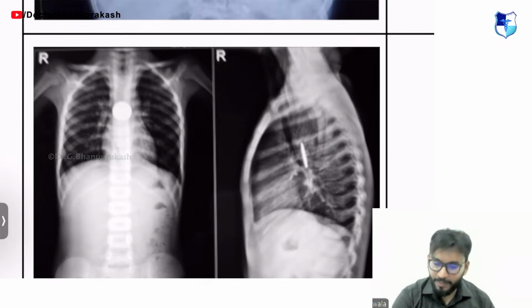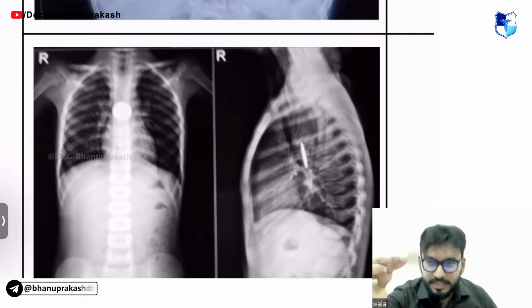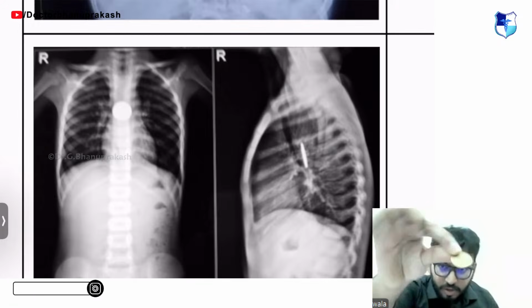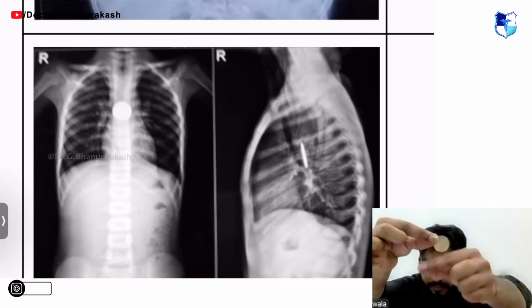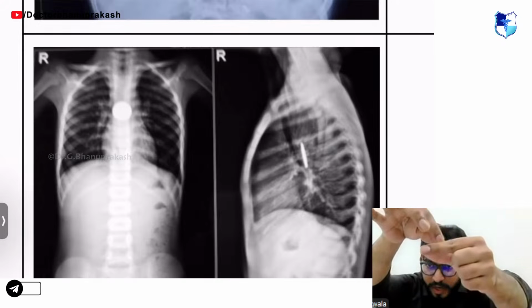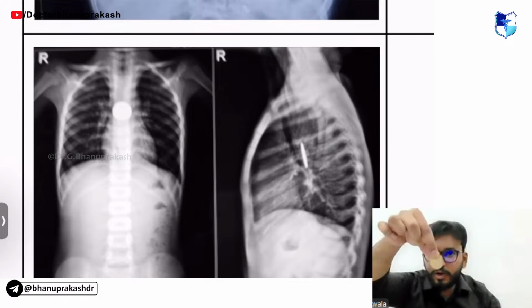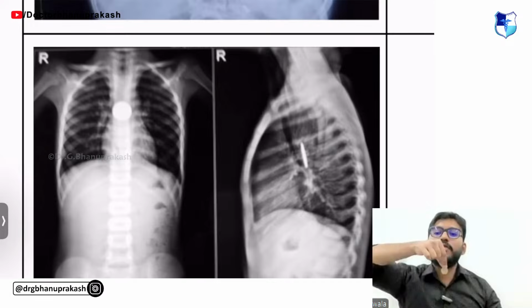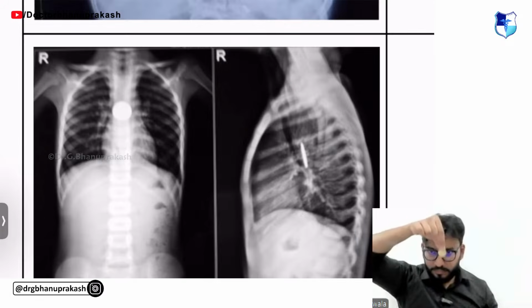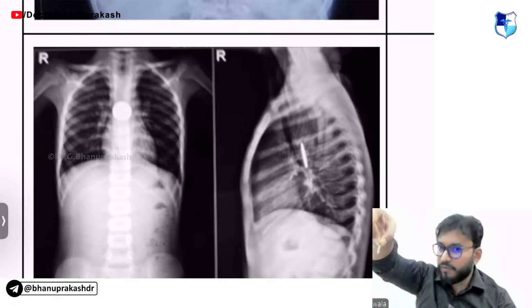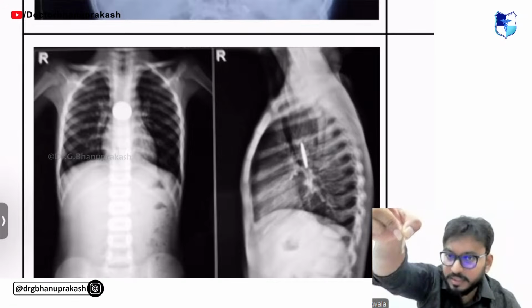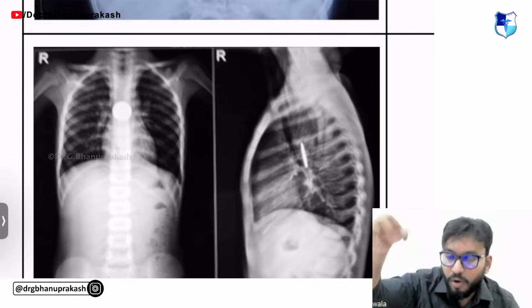Okay, so I've got a prop for you. Look at this, guys. This is a coin. My esophagus is horizontal, so if my coin has to go, it has to pass horizontally. If I look at my X-ray from the front, my coin will be flat. This is a coin in the esophagus. If I look at the lateral film, my coin will be slit-like. This is a coin or foreign body in the esophagus.